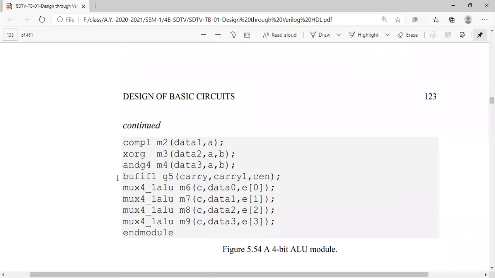For that purpose we have written buff if 1, thinking of this as gate 5. So if chip enable is 1, the value present in carry 1 will go to the carry, right?